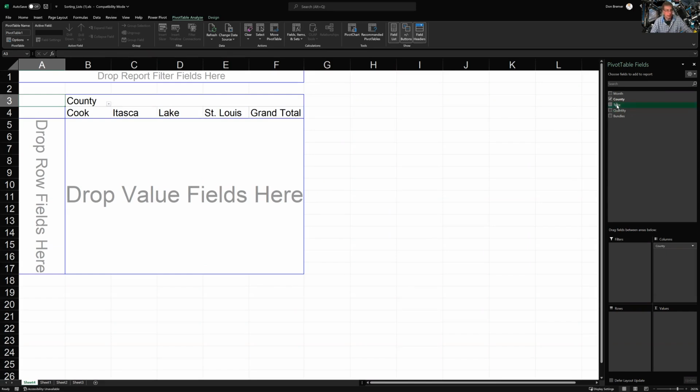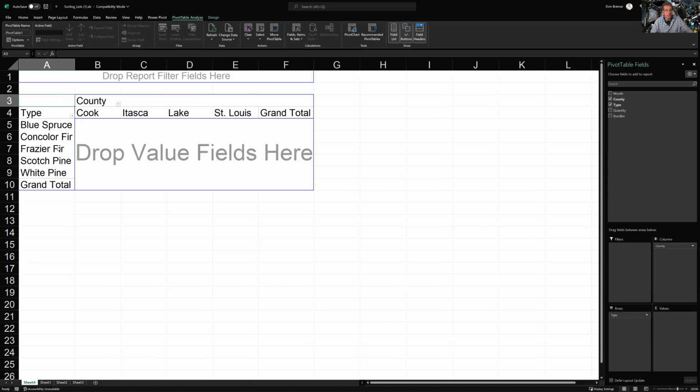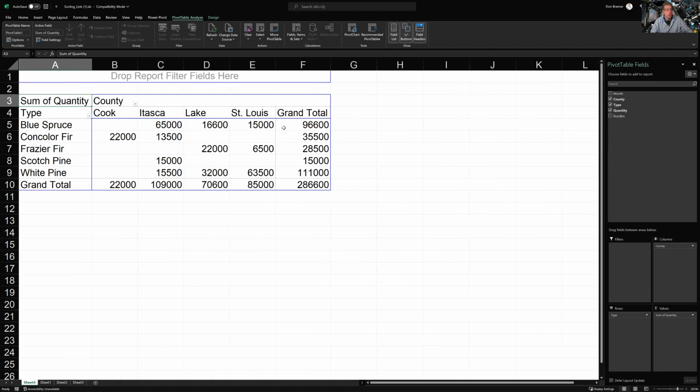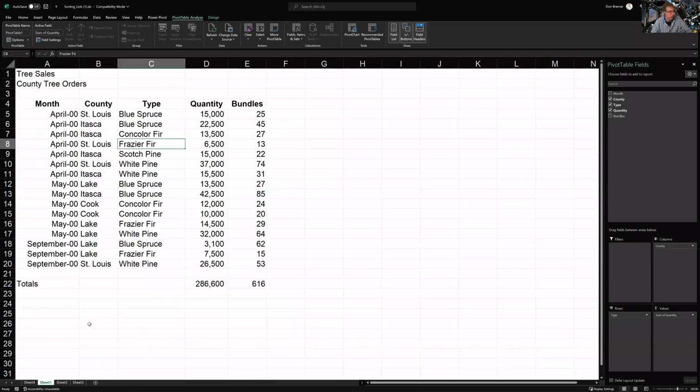Now the type, click on this, drag it in, finds the unique types, and now quantities, click, drag in here. So faster than I could say, drag in here, it went ahead and summed all that data up, and poof, there it is. I see that Blue Spruce has 65,000 trees. I want to make sure that that's the case because I don't trust anything that comes from Excel right off the bat. So I can come back here to sheet 1,